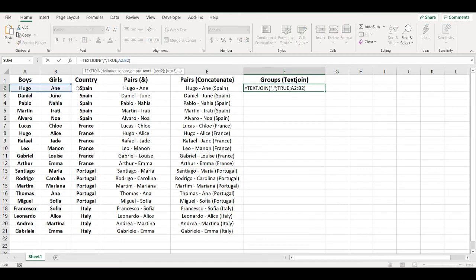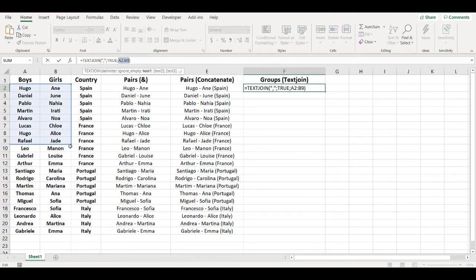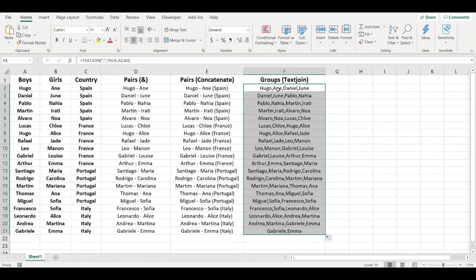We can do the same thing for whole range basically and so on, but I will use it to create groups of 4 names. I will copy it down to create those groups with 4 people, but as my names are repeating now, I